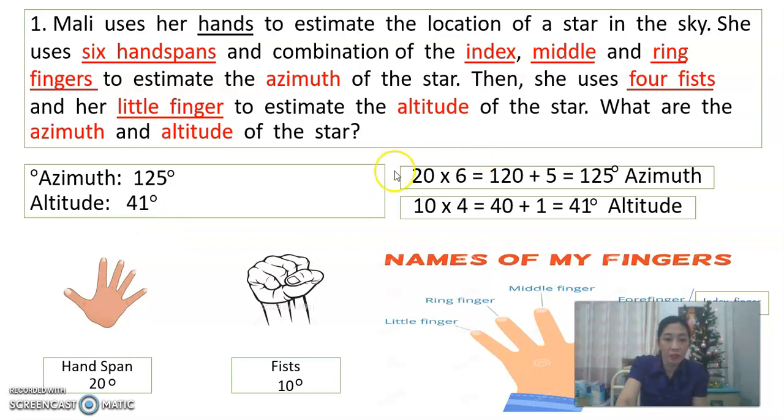Okay. So this is an example of how to estimate the azimuth and altitude. This is example number 1. Nelly uses her hands to estimate the location of a star in the sky. She uses 6 handspans. Every handspan is 20, so 6 times 20 equals 120, and a combination of the index,